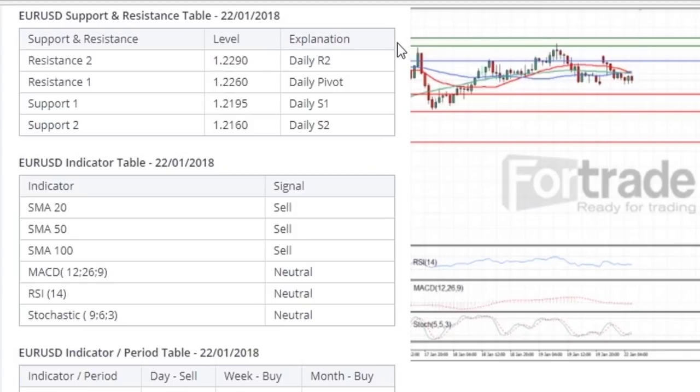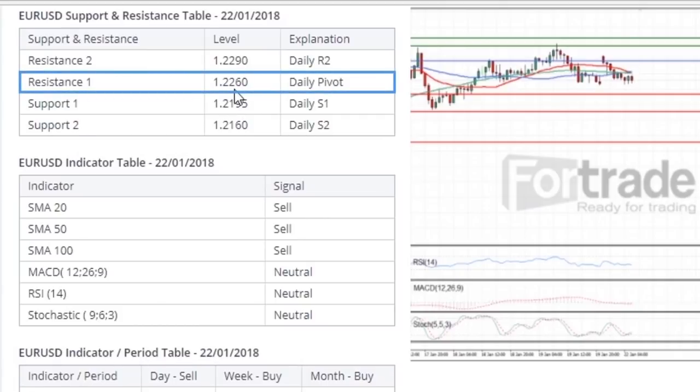Resistance 2 is this green line marked R2 here, level 1.2290. Resistance 1 is marked R1, level 1.2260. And we have 2 support levels. First support is at level 1.2195 and support 2 level 1.2160. If, for example, we want to sell and to be exposed to greater risk, we will set the take profit order at support 2 at 1.2160 and stop loss at resistance 2 at 1.2290. More conservative investors who decide to sell would set take profit at support 1 at 1.2195 and stop loss at resistance 1 at